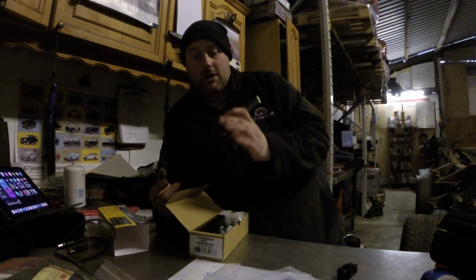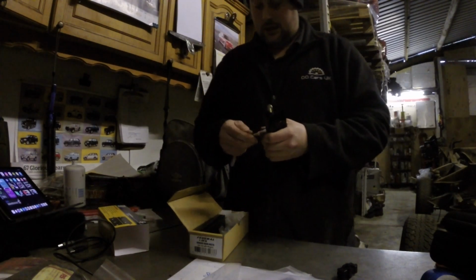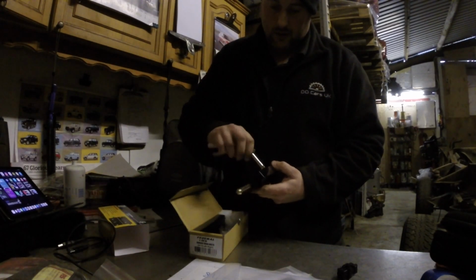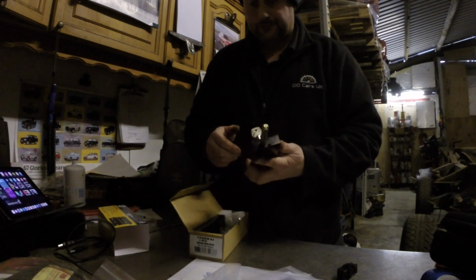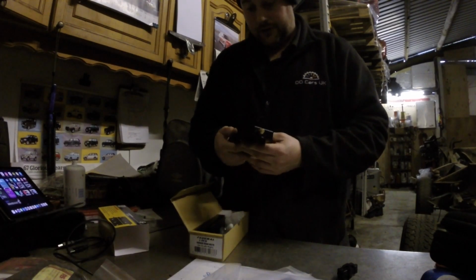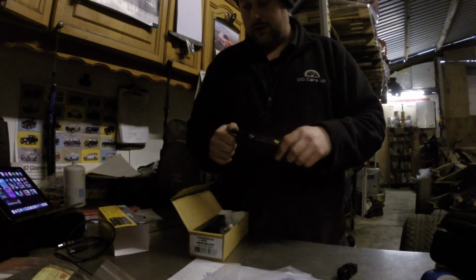Quite hench, nice and large. The key's a bit big, we might have to just chop the extension off, but long 10mm pins. So what I'm going to do, I think, I'm going to try these, because for 20 quid, you know, at the